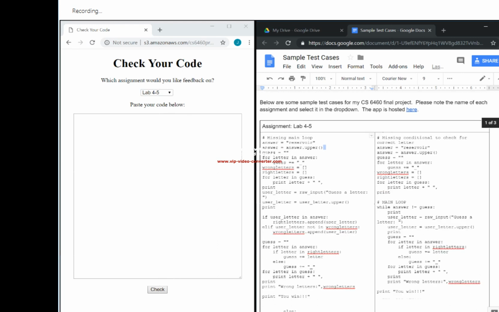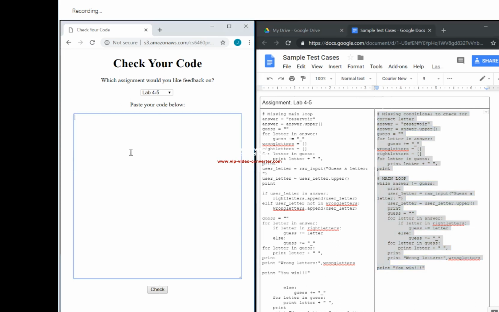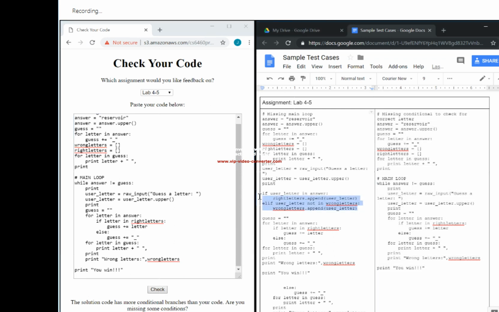Okay, so I'm going to start by showing you the Lab 4.5 test case that I have here. Lab 4.5 is a hangman game, and so if I paste this in, this is an example where the student forgot the conditional to check to see whether the letter entered was correct. So then it says the solution code has more conditional branches than your code, and you're missing conditions. And sure enough, if I add in the conditional to check to see whether the letter entered was correct,